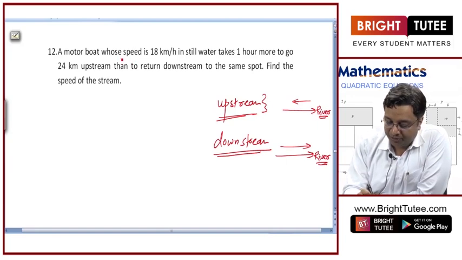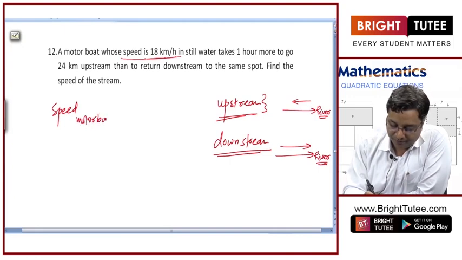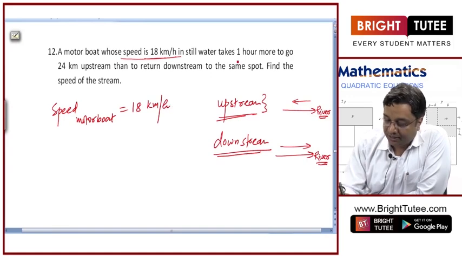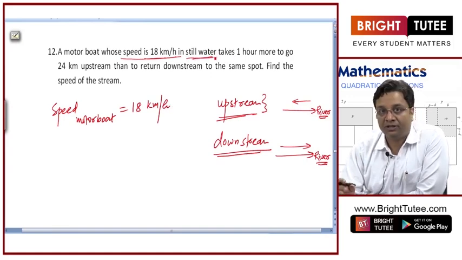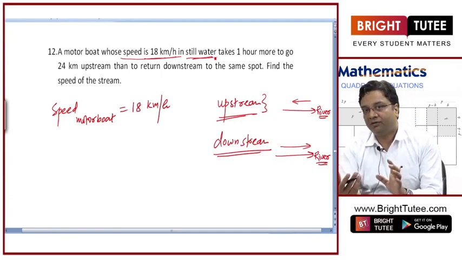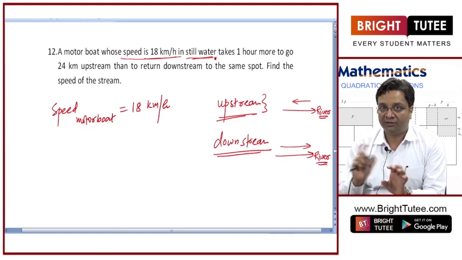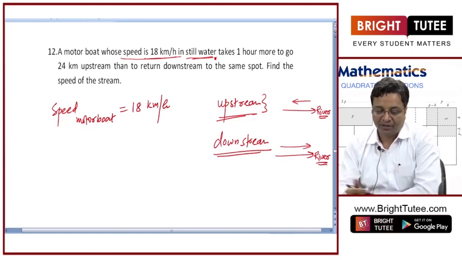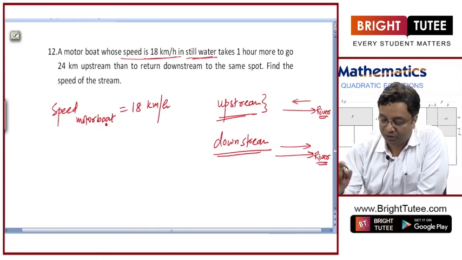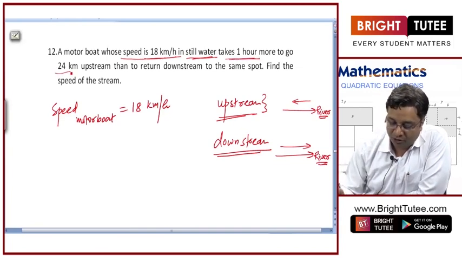A motor boat whose speed is 18 km per hour in still water. Obviously, the speed of the motor boat can be given in still water. If you give it in moving water, then the speed of the water has to be adjusted, right? So anyway, it is the speed of the motor boat, and it takes 1 hour more to go 24 km